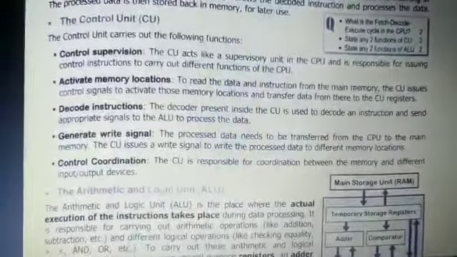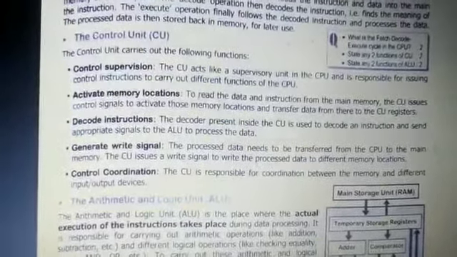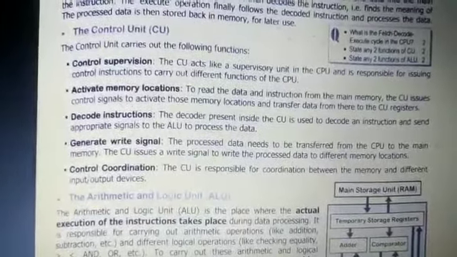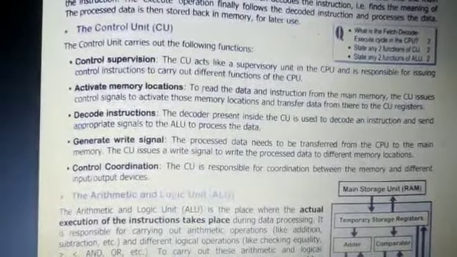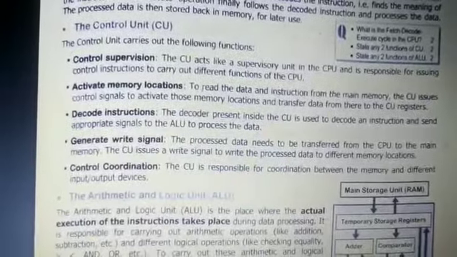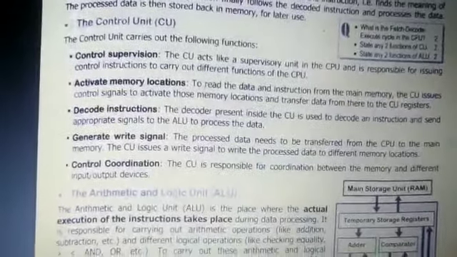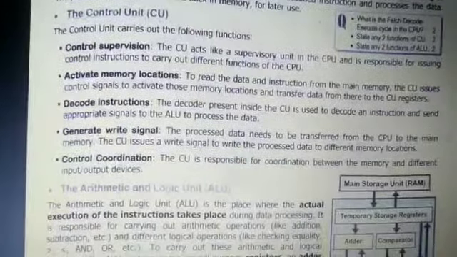Through using this, suppose we have to do an arithmetical job. We will not write using the symbol plus. The plus symbol is denoted as 0, 1, 1. So whenever the CU gets the information that is written 0, 1, 1, it will decode it as, okay, this is the plus operation. We have to do the plus operation.